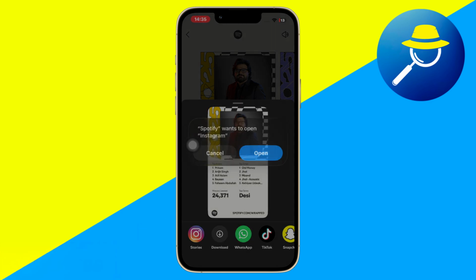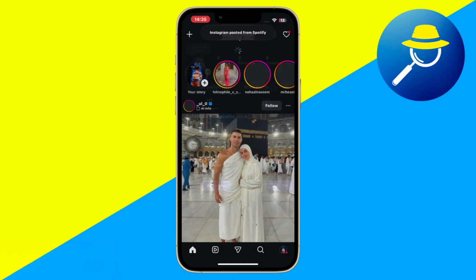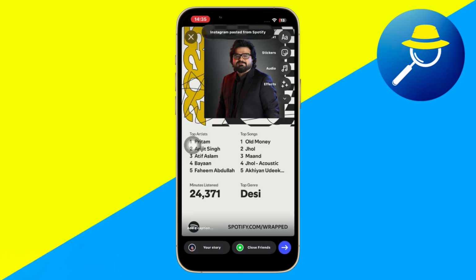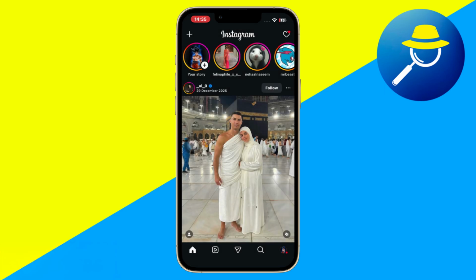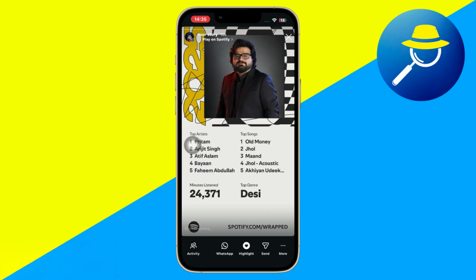Once you tap on Stories, Instagram will open automatically, and your Spotify Wrapped 2025 will start loading as a story. From here, you can post it directly to your Instagram story just like any other story. And that's it. So that's basically how you can share Spotify Wrapped 2025 on